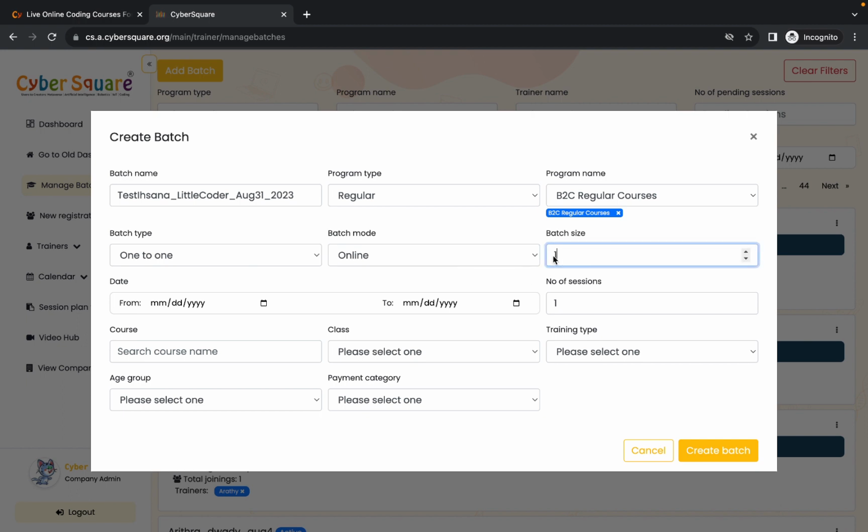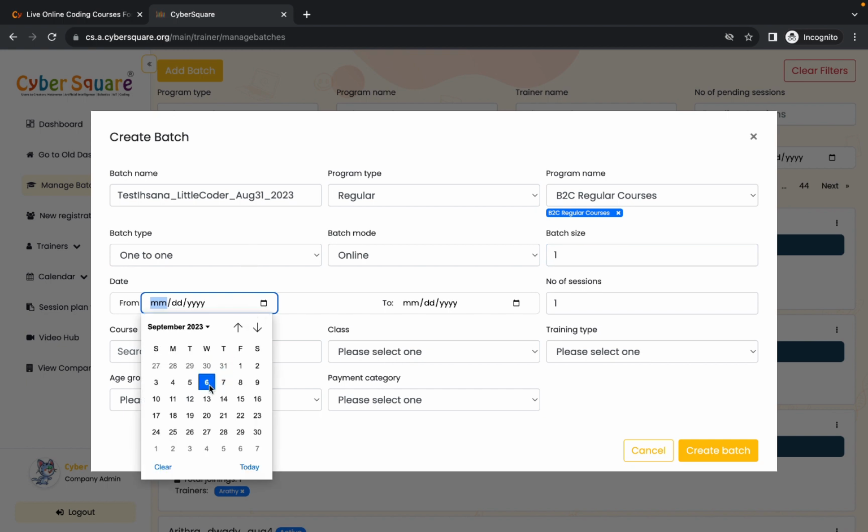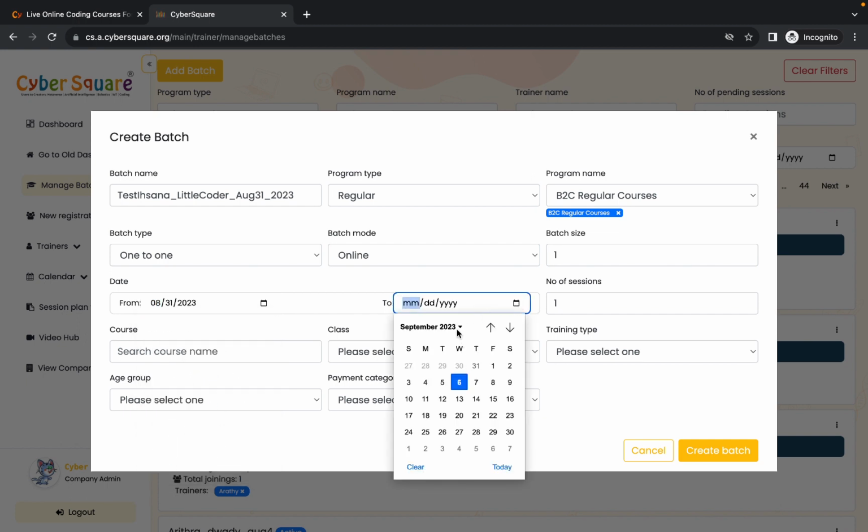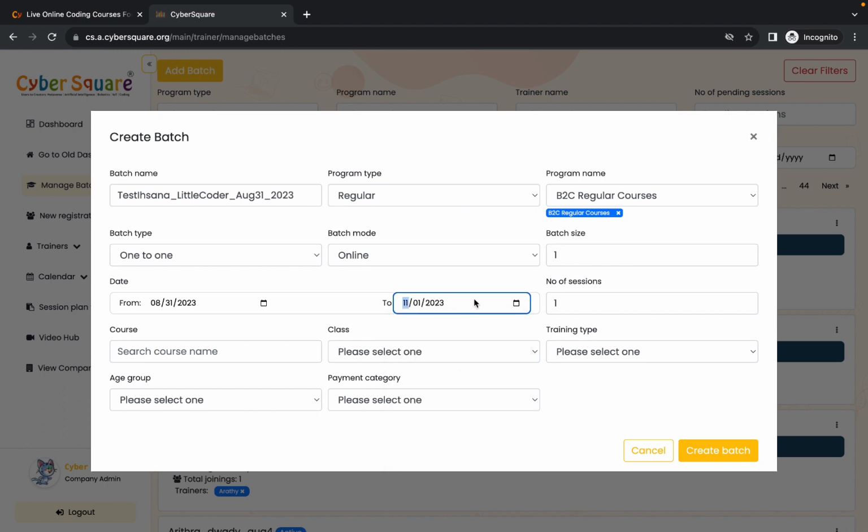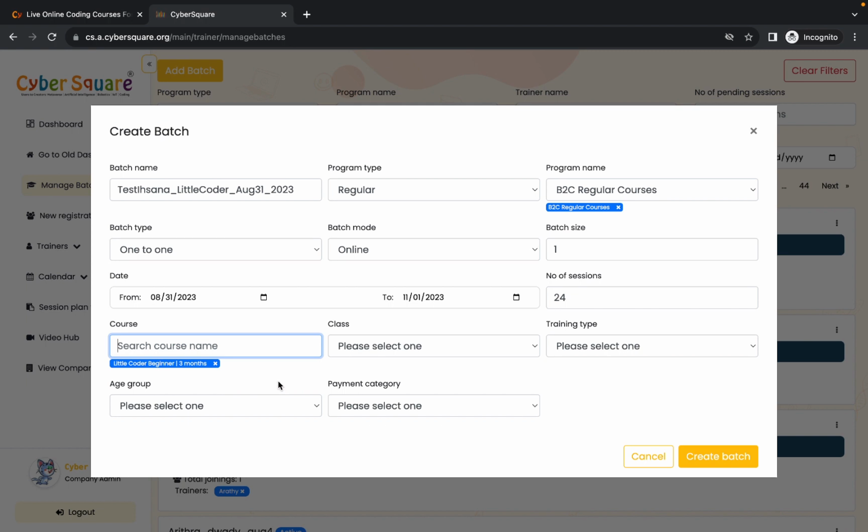And batch size: if it's 1-to-1 then the batch size will be 1. If it's a batch you have to give the number of students in the batch. Then select a date. Since it's a regular course it will be 3 months, so since it has started on August 31 and it's a 3-month course, I'm giving November 1 as the date. Number of sessions will be 24. Give the number of sessions of the course and select the course, Little Coder beginner, and select the training type which is CSB2C, and the age group of the student,